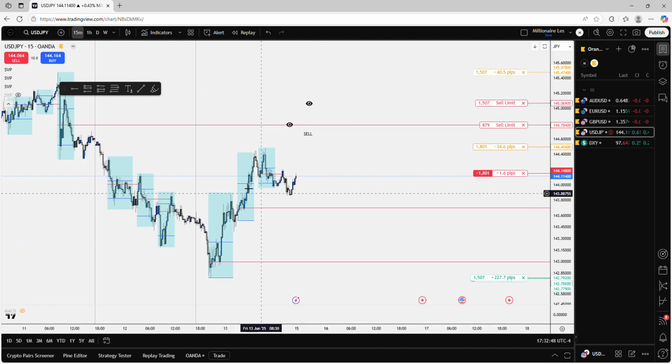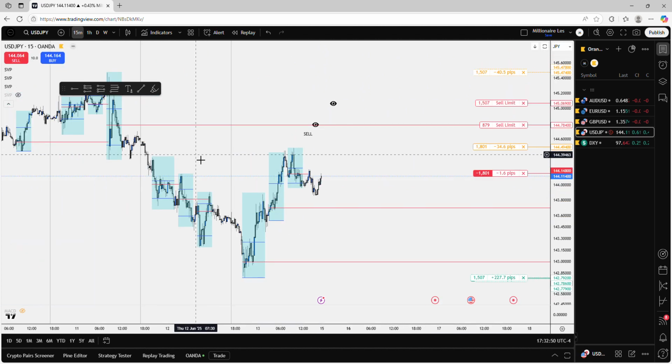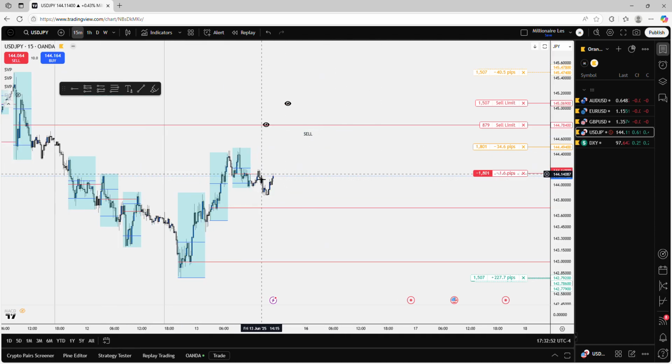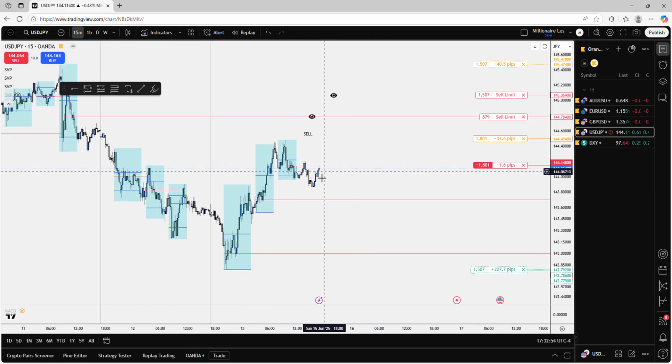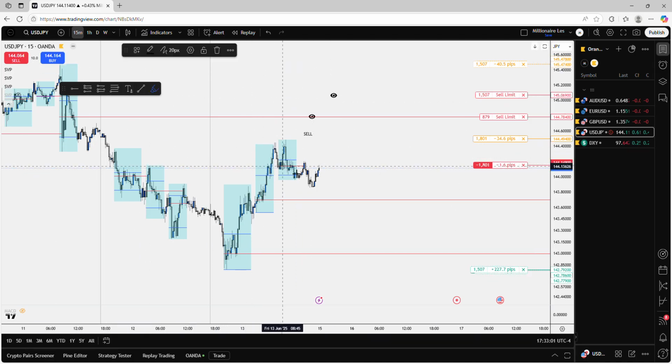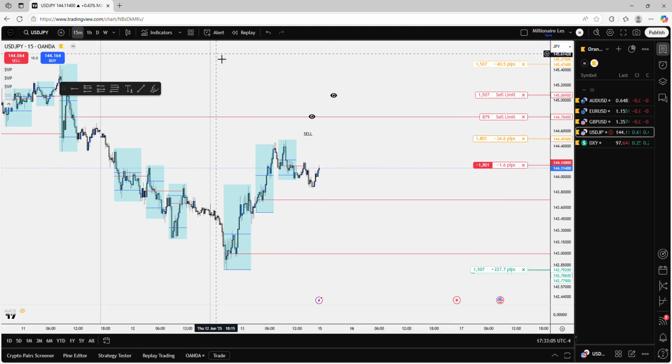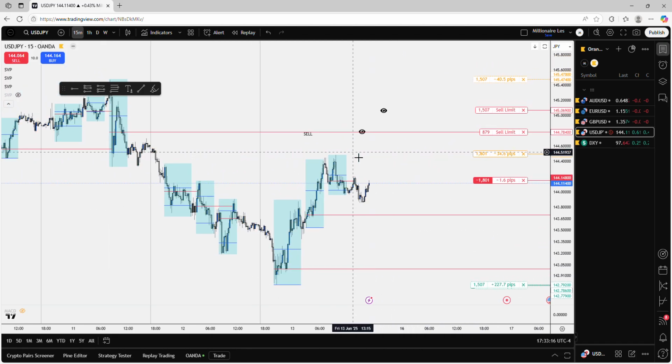And then last but not least, USD JPY. Looking for a bearish move. Even though I'm in on this trade, I don't know what I was thinking. I really should have waited. Acting out of emotions. Well, really not even acting out of emotions, acting out of just doing the same things over and over and over again. Repetitions, reps and sets. So that's why I'm in this trade. I'm in a little bit of drawdown. That's cool. It's neither here nor there. It is what it is.